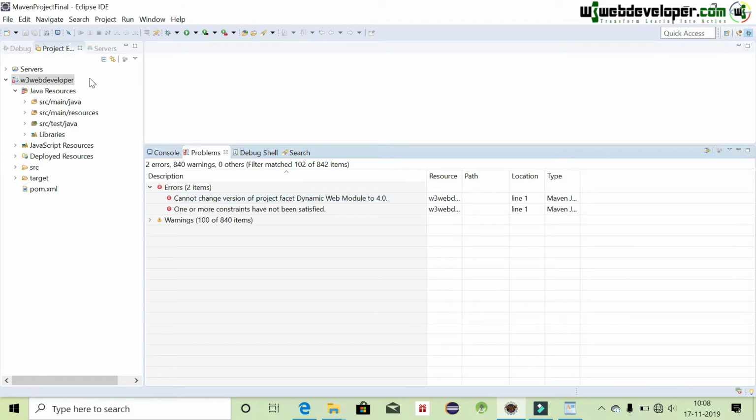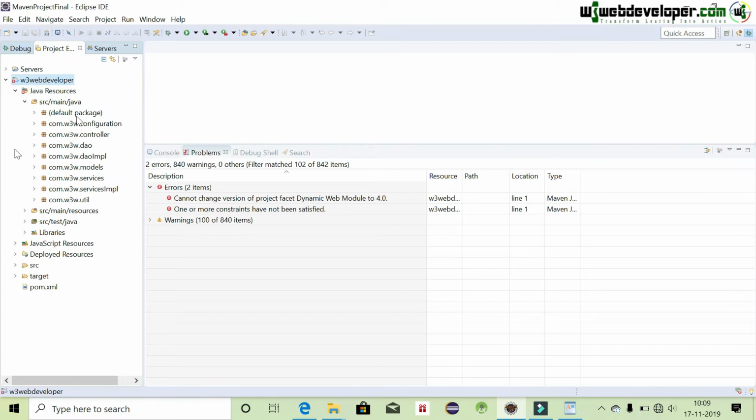If you see the project structure, you can see there is an error in our project, and after expanding that, you can see there is an error in the Java resources file. But if you try to figure out the exact file where the problem is in Java resources, you cannot figure it out. There isn't any error in the file, but it only shows the error in Java resources. It's exactly right, because there is no error in the file. It's related to your project facet.